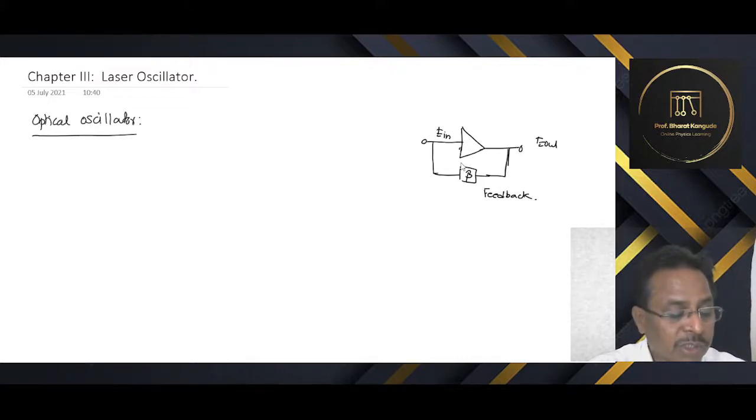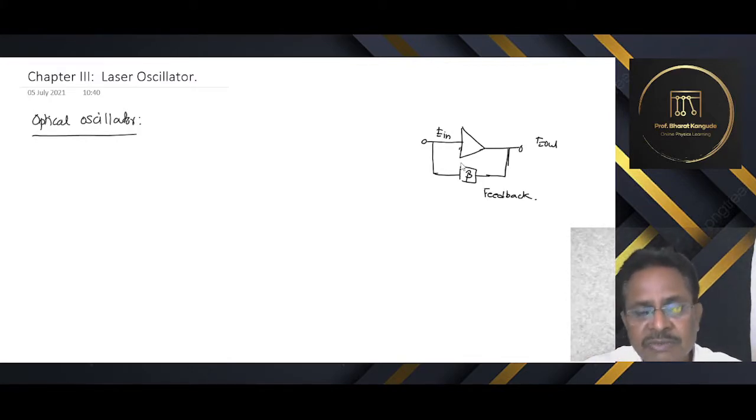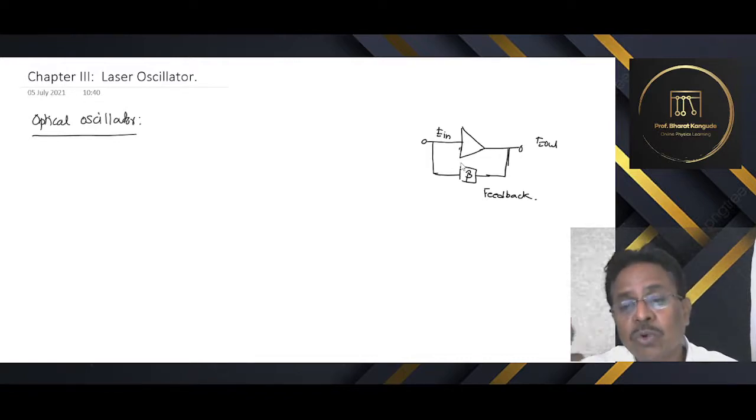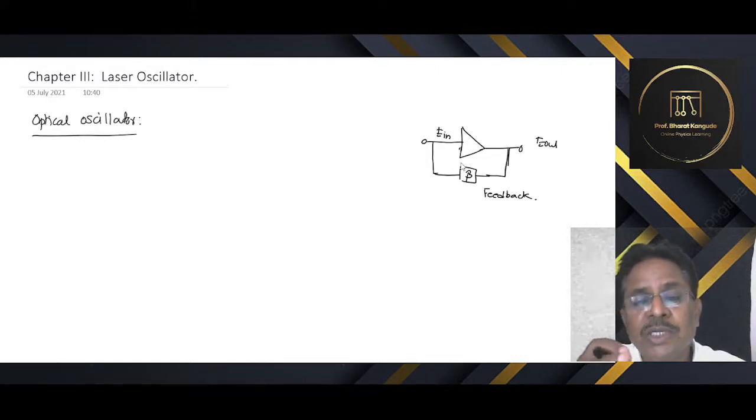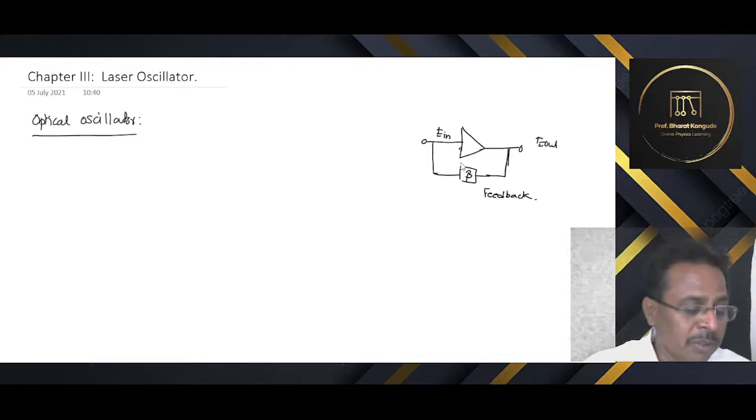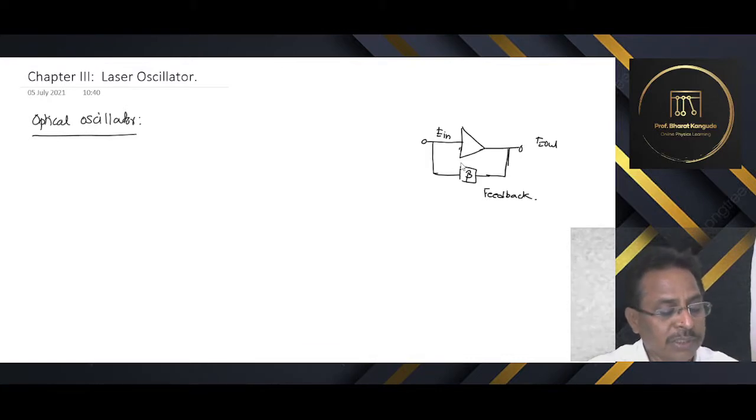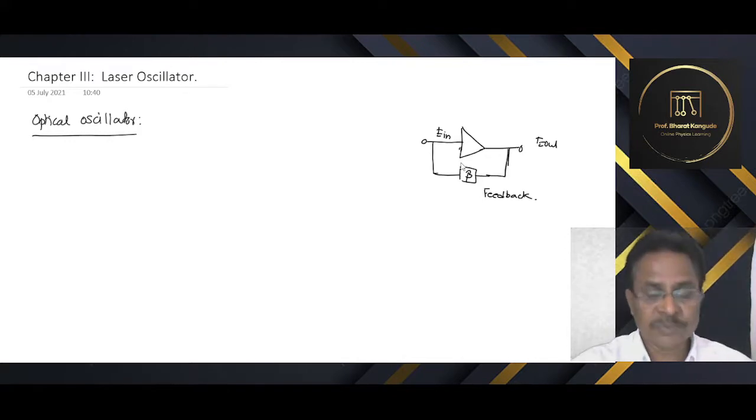The amplifier output is fed back to the input and is amplified again. So the output becomes larger, and then it is given to the input again. Depending upon the gain of this amplifier, the output goes on increasing. The output is bigger, it is given to the input again, it becomes a bigger output, and that's how this feedback mechanism continues for a longer time. So the amplifier output is fed back to the input and amplified again and again.